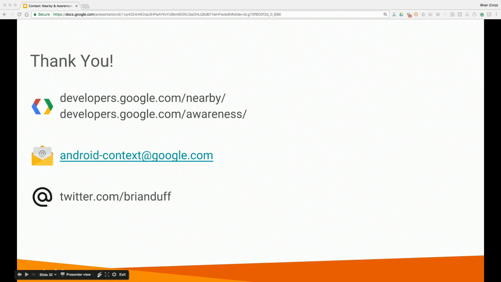What would you say of the apps that use these technologies? Which one do you think is your favorite, and how have they done it? There's one application that I use a lot, Pocket Casts. We worked a little bit with their developers on their integration, and it provides this feature where you can share your podcast list. You can synchronize it with people nearby, and we really like this idea of sharing things with people around you. When we were playing with this in the office, I discovered a whole bunch of podcasts that I never would have found otherwise if we didn't have this technology. So it works perfectly seamlessly.